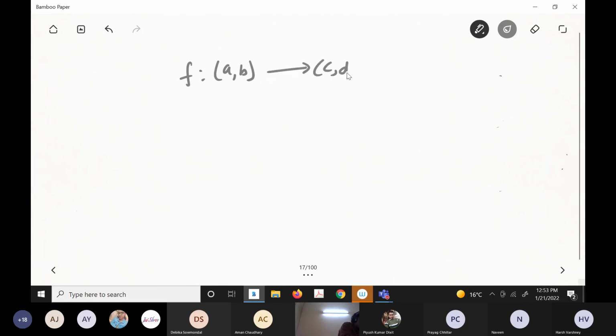Or you can take a closed interval. The closed interval will be homeomorphic, but an open interval won't be homeomorphic to a closed interval. But F is an onto isometry, that you should prove